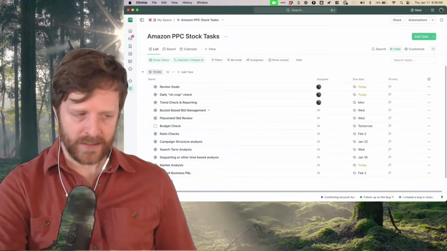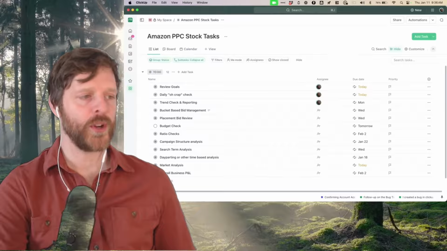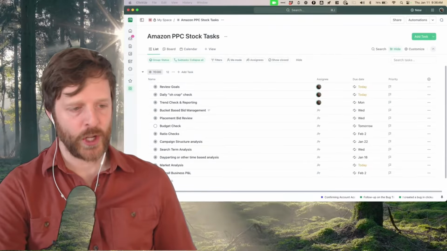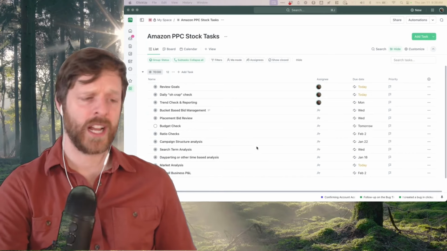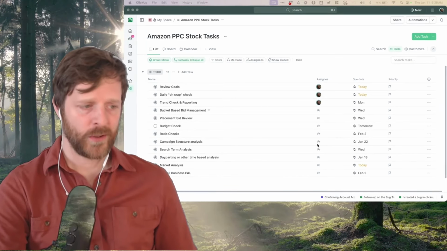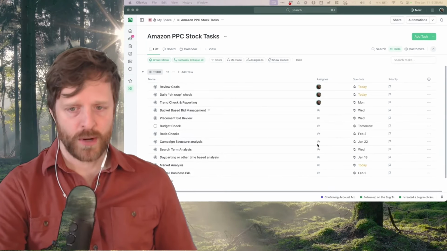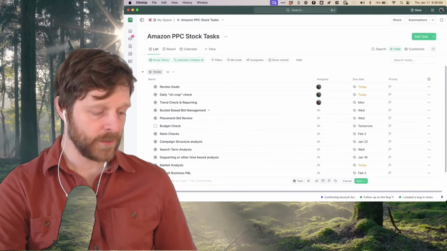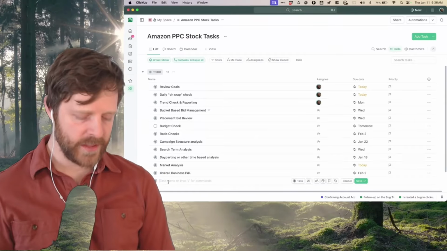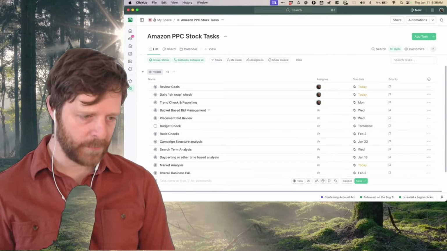Having an organized task list really helps you just ensure you never forget. I can't tell you how many times, like, oh, we haven't checked the P&L dashboard in a while, or, oh, I haven't thought about campaign structure in a while. So of course you can always go faster than this, but it's more so valuable for ensuring that you never forget. As we think of that, let's also throw in ad copy testing,